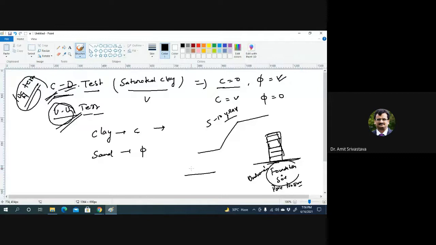Like when you are constructing an embankment, or suppose your earth dam construction is going on at a very fast rate, there also an undrained situation will exist, because the pore water pressure which is developed at site will not have enough time to dissipate. So there you have to take into account the parameters that are obtained from the UU test. But for long-term stability, you take CD test results. So the choice depends upon the field condition, based on which you take the parameter.